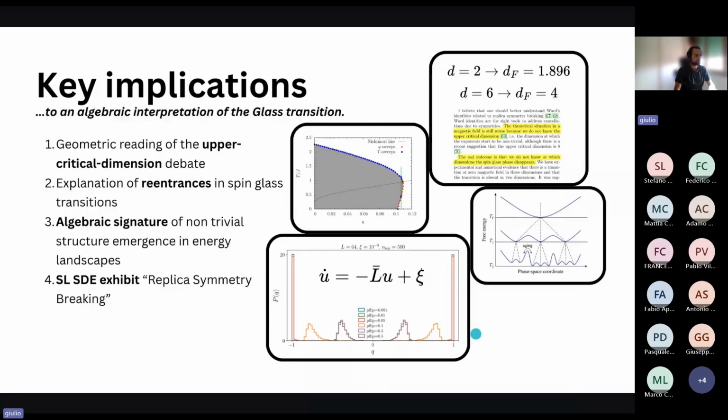And to finally show some interesting consequences, you can observe replica symmetry breaking on top of this stochastic differential equation, where you simply take the signed Laplacian and add a very small noise to the system, just because otherwise it is simply deterministic. What happens is that exactly at the critical fraction of negative links, if you simulate the system over and over, it starts creating a non-trivial overlap structure, in the very same spirit of replica symmetry breaking.